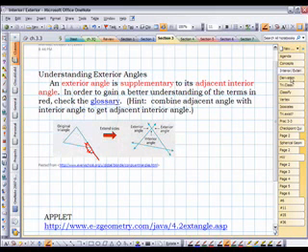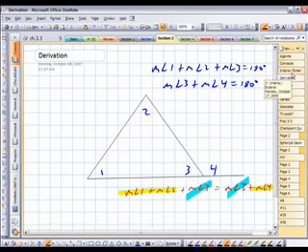All right, we have what's called the theorem for remote interior angles. Now, in this particular triangle here, angle 4 is an exterior angle. 1, 2, and 3 are all interior. However, angles 1 and 2 are called remote interior because they're far away from angle 4. So these are next to each other. These two are far away from 4, so they're called the remote interior angles. And it turns out that if you add the two remote interiors, you always get the exterior over here,